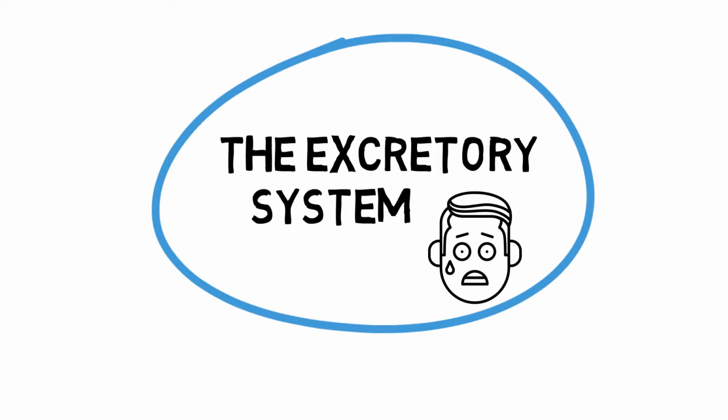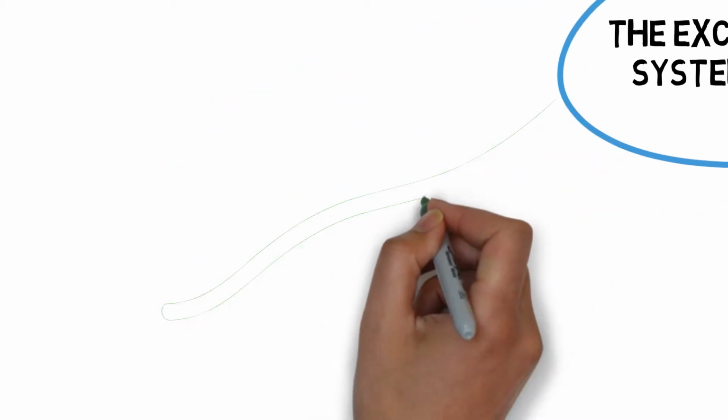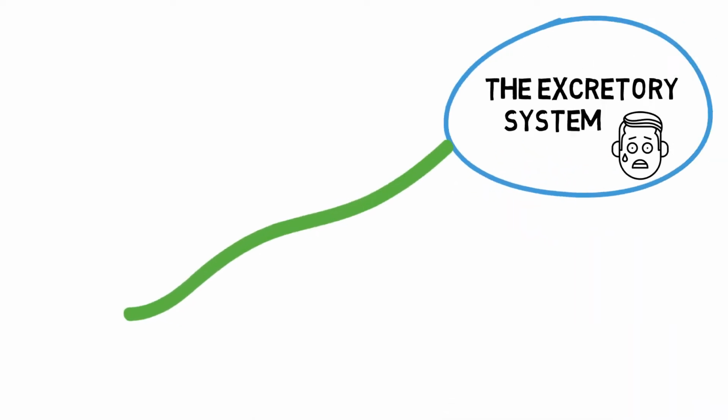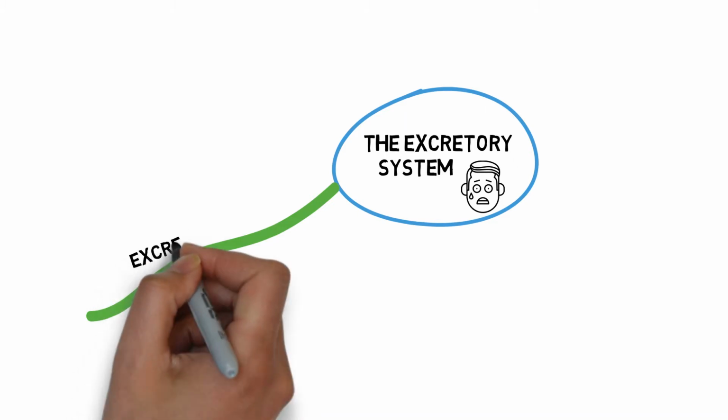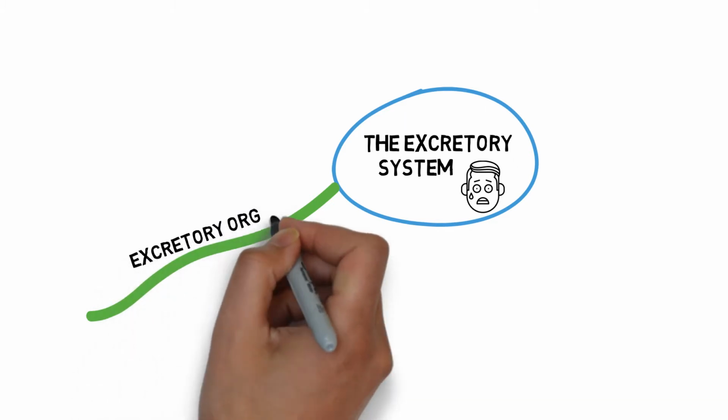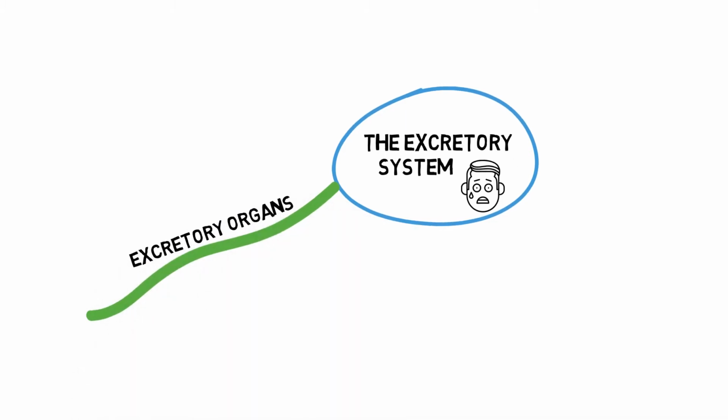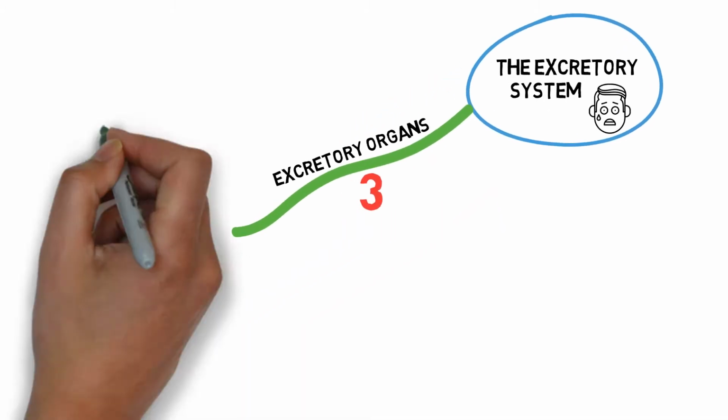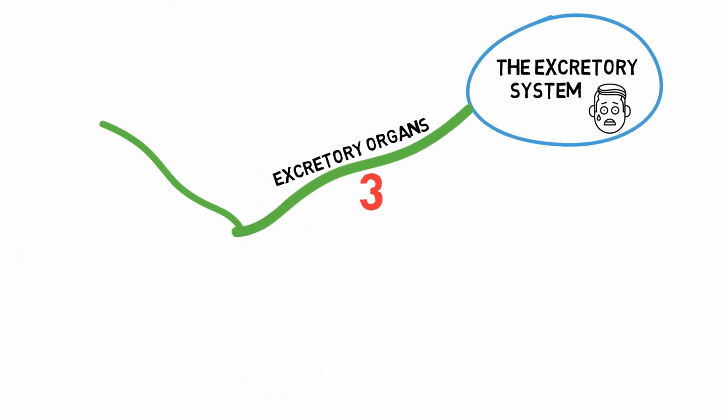So we have the organs that are involved. So we'll draw one root from the middle going out, and there we're going to write the excretory organs. And how many are they? There are 3. So from this main branch, we're going to have 3